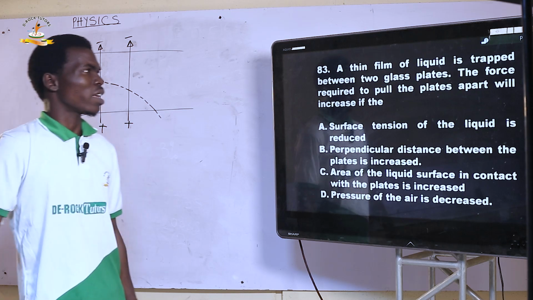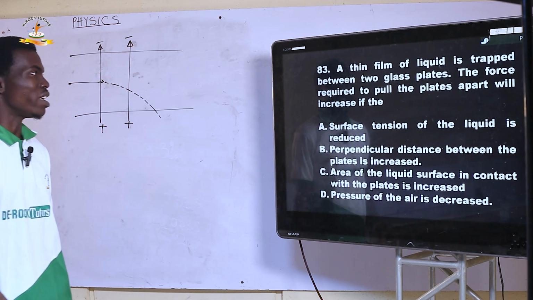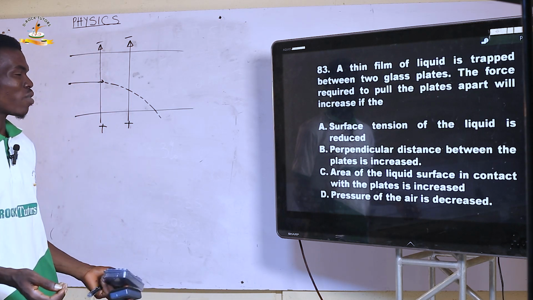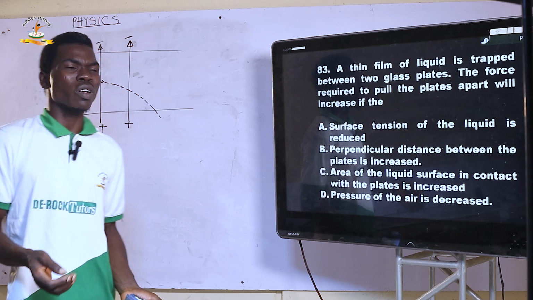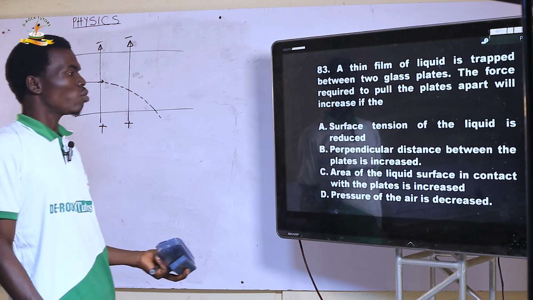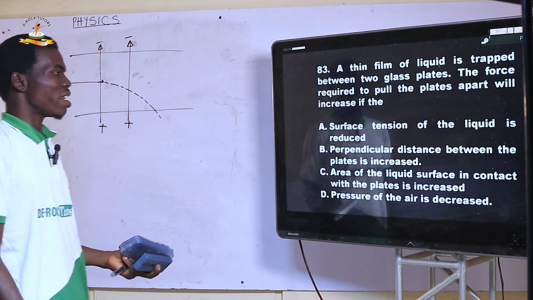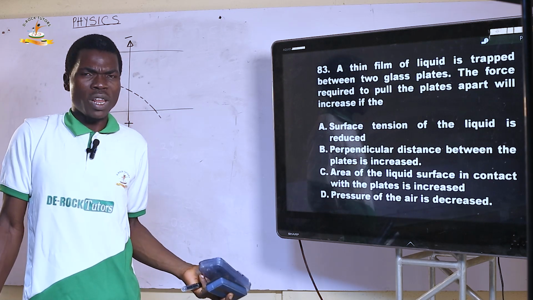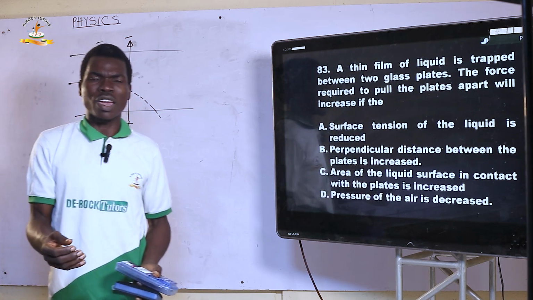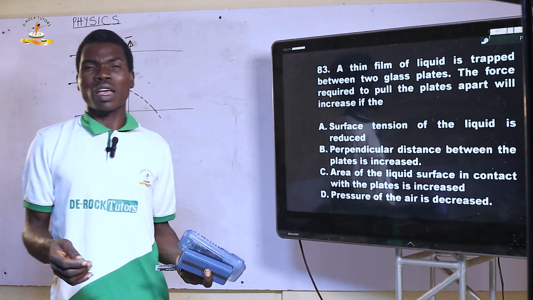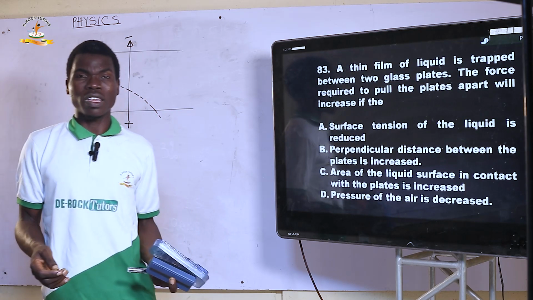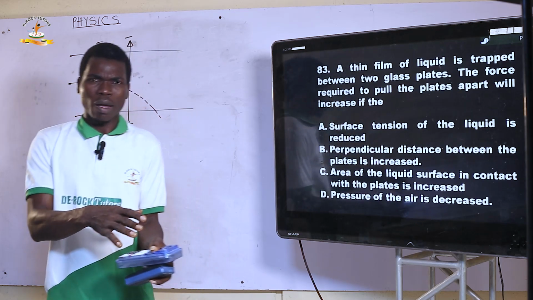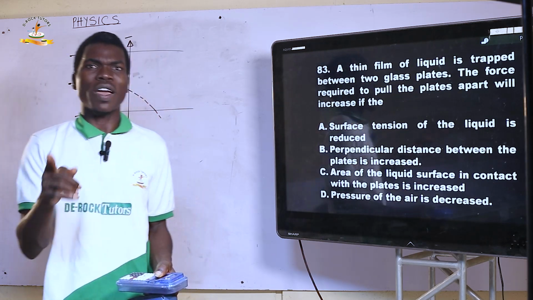You just take a look at a case where a thin film of liquid is trapped between two glasses, and you want to separate them. The force required is going to increase if you increase the area of the liquid surface in contact with the plates. That is simply because if you increase the area, it means that, don't forget, pressure is force over area, and force equals pressure times area. There is an inherent pressure in these two surfaces in contact, and whenever you increase